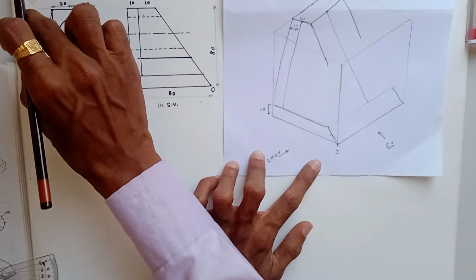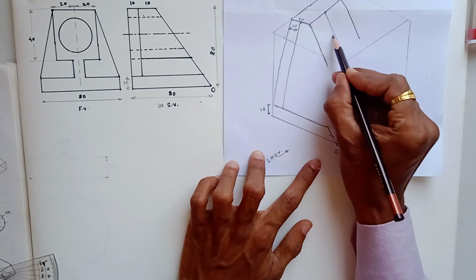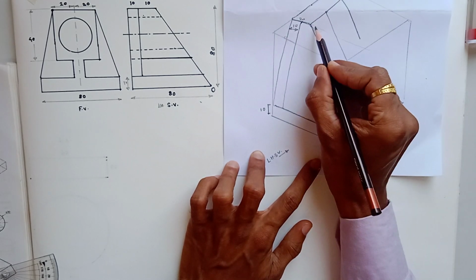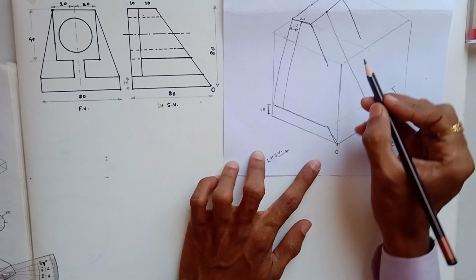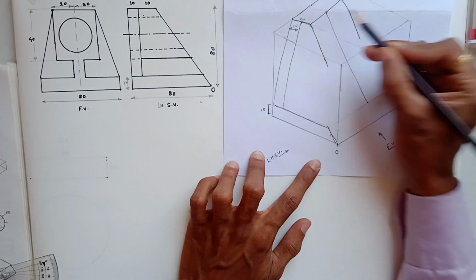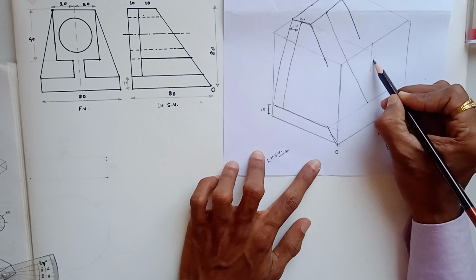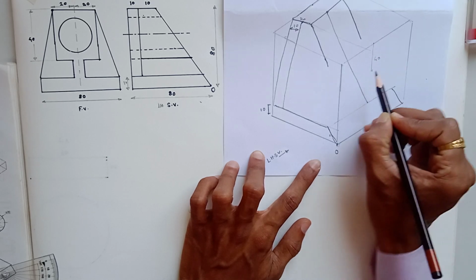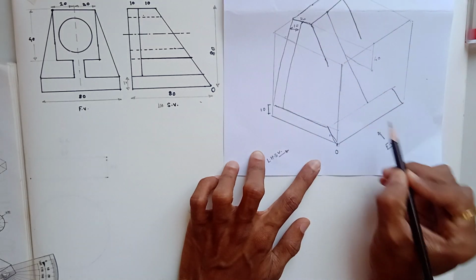Now in the front view, the distance given is 40. So if you draw this line just as a reference, you can take this distance. So in the front view it is a 40. So from this point, just draw the vertical line, or from this point, take this 40, then project this on this axis of symmetry.